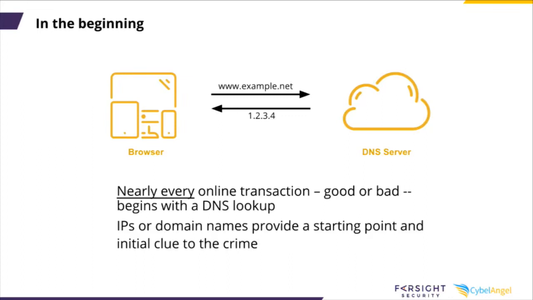But nearly every transaction starts with the DNS lookup. You want to find Google, you want to find whatever, you've got to look up an IP address. It goes back and forth through DNS. As we just saw with the Mirai botnet attacks, they use DNS quite well to start looking at points, and then you can look up the IP addresses of those and tie to which companies and products were used in that attack. If you can watch the initial first requests, you can start to figure out who did the first request, where the attack came from, and who's been looking up things over time.